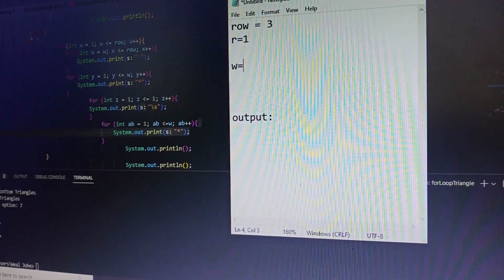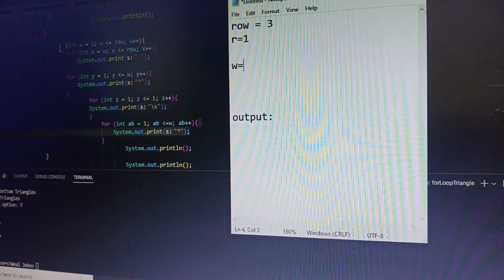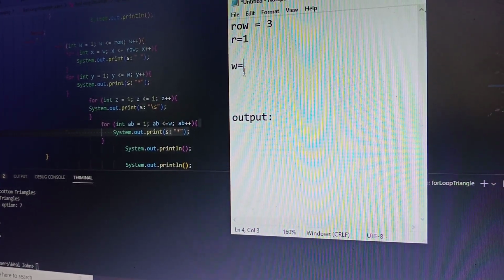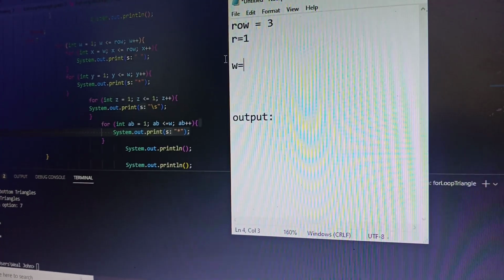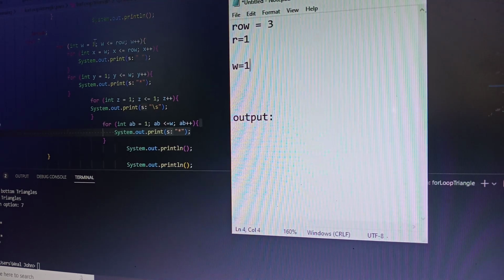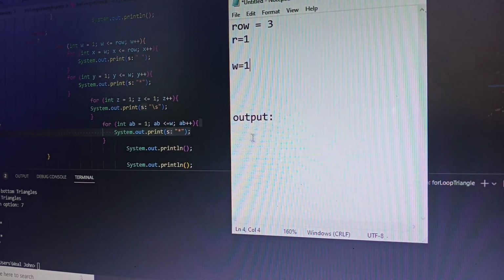Then we'll now proceed to case 7. The first line, the variable is w and equals to 1. Then the condition w is less than equals to row, where row is equals to 3, then true, then proceed to